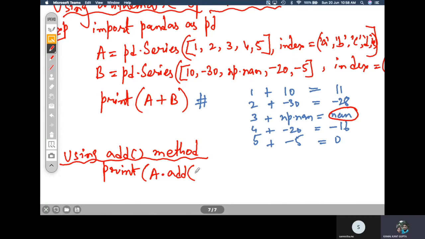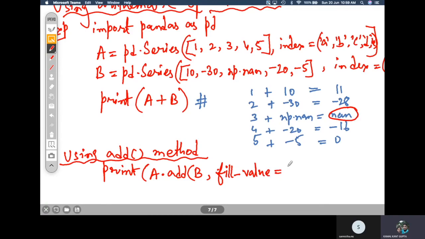So a dot add, you pass b. It actually has two parameters, but the second one is not compulsory, it is an optional parameter. The first one is the series which you want to add, and the next parameter is very important: fill underscore value.